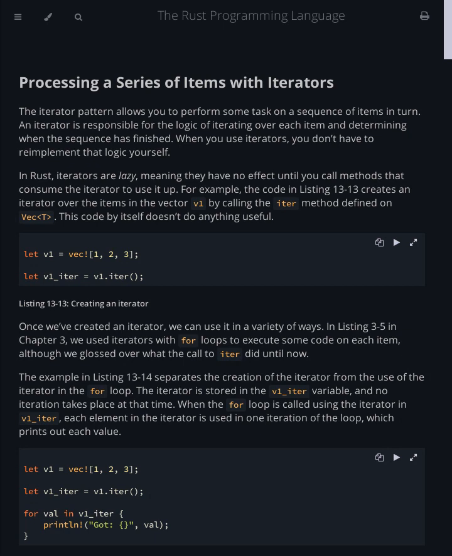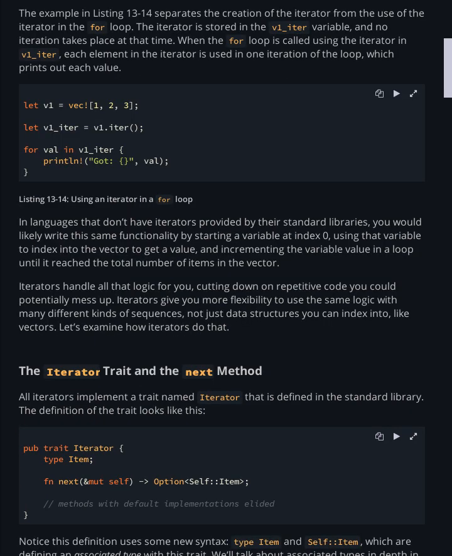The iterator is stored in the v1_iter variable, and no iteration takes place at that time. When the for loop is called using the iterator in v1_iter, each element in the iterator is used in one iteration of the loop, which prints out each value. for val in v1_iter { println!("Got: {}", val); }